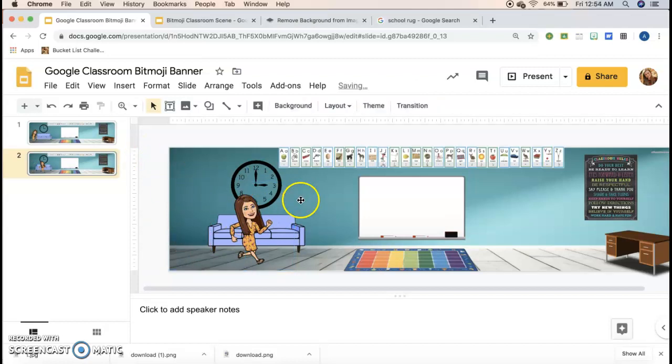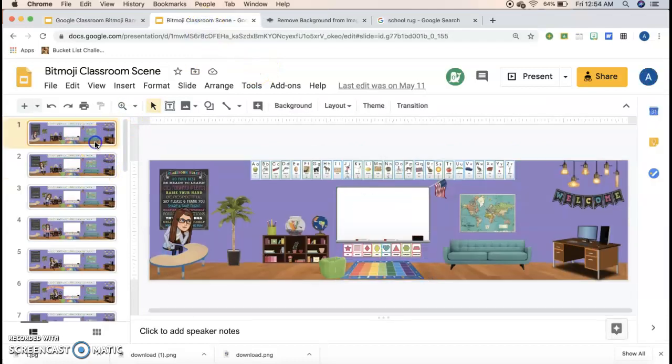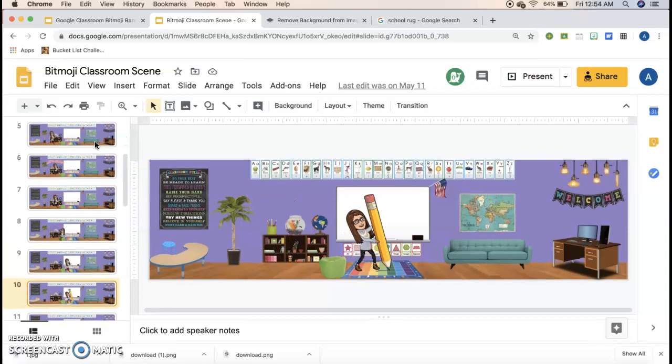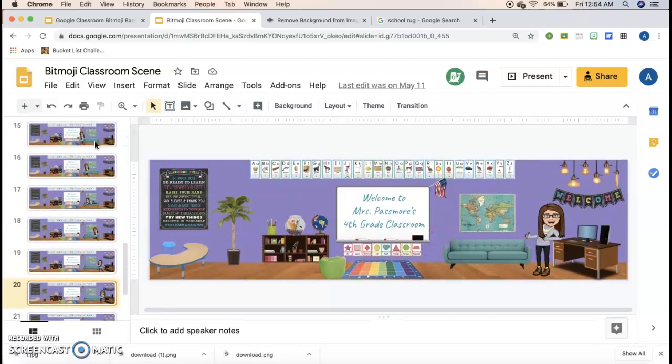So you want to set up all your poses going across the screen. Then your next step, I'm just going to go back to my finished product. So once you're done with all of them, and this is just a reminder of what mine looks like,